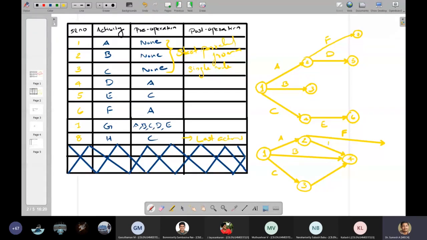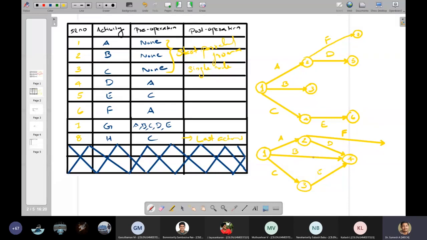Okay. Now G, I will start from node number 4. To start G, A has to finish, B has to finish, C has to finish, D has to finish, and E has to finish.